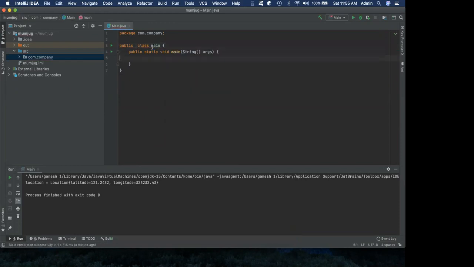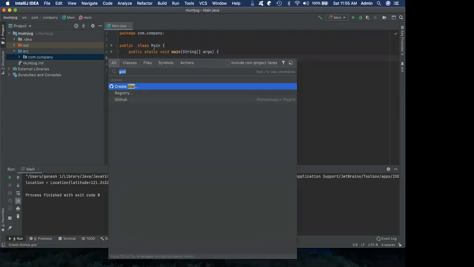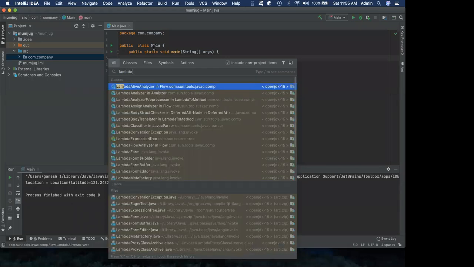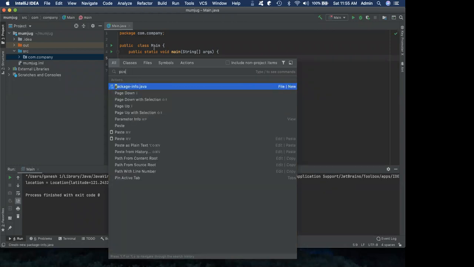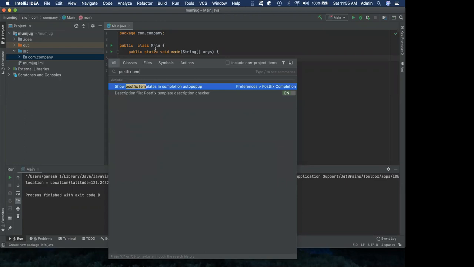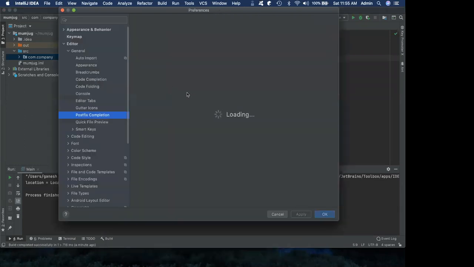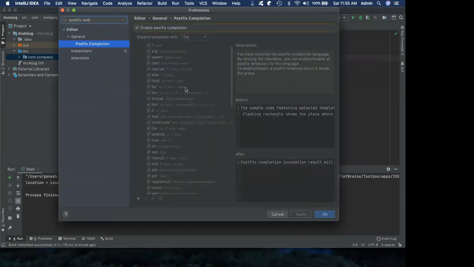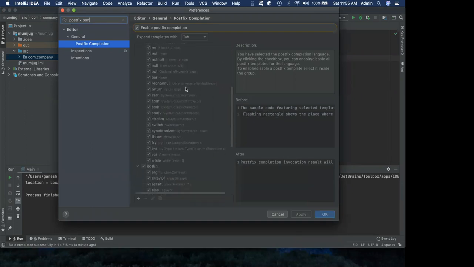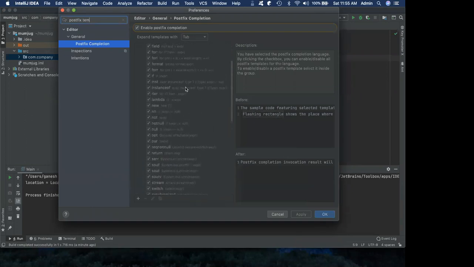Now let us try some postfix templates, like for example lambda, right? So you can see the postfix templates, what and all you can use, right? And this is something that can increase your productivity like crazy.